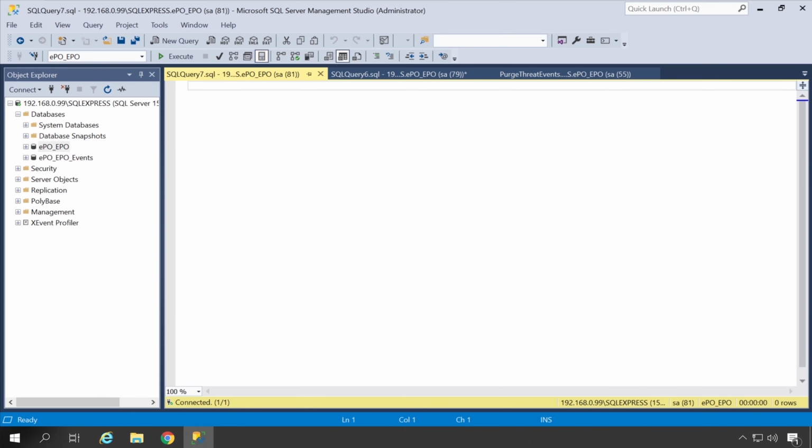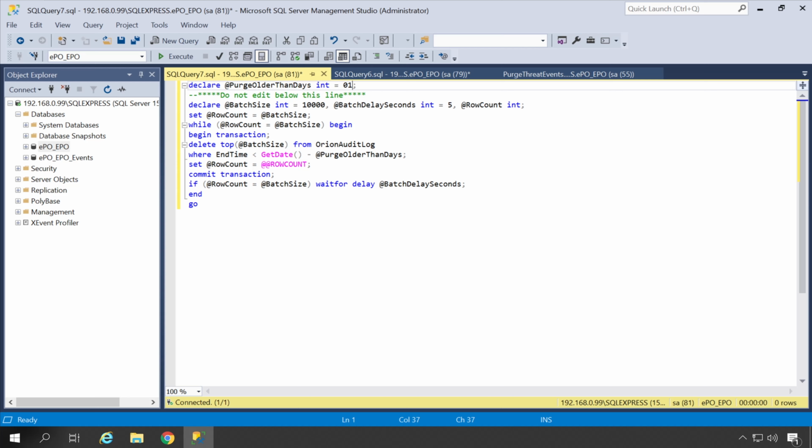Let's go back to the SQL Server, paste the query, and here suppose I want to retain only 1 day of log, but in your case you can enter 30, 60, 90 as per your organization policy, like how many days of logs you want to retain on your SQL database server. Accordingly you can put 30, 60 or whatever it is, but in my scenario this is just a demo environment, so I can just mention 01 and click on execute. 1164 rows affected by the Orion log.